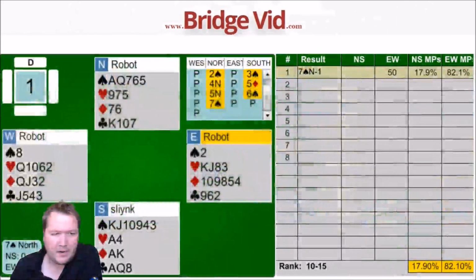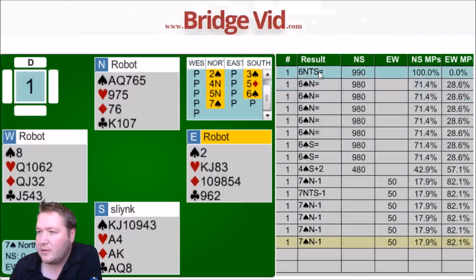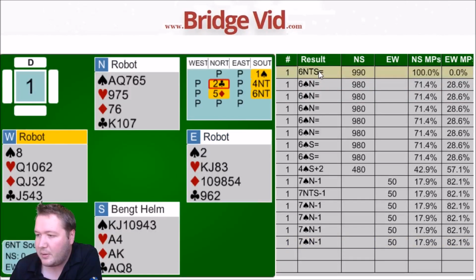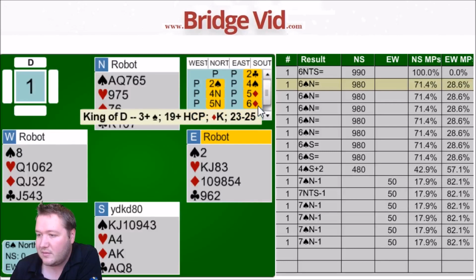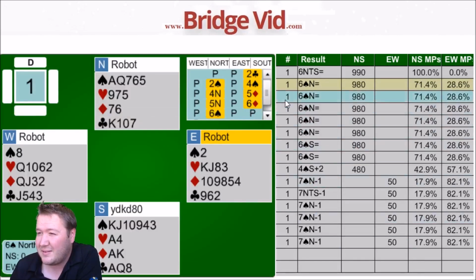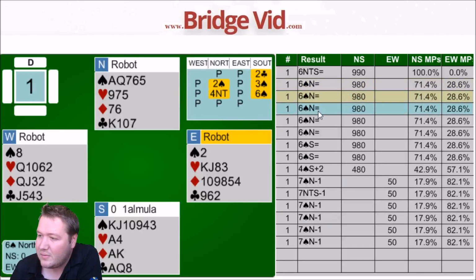17%. Alright, so someone got to 6 no trumps. They opened 1 spade, their partner Drury's, their key card, and bid 6 no trumps. Other people... Wow, you show your king of diamonds and your partner bids...